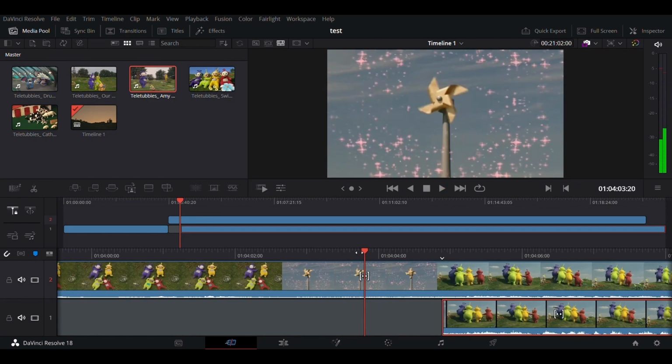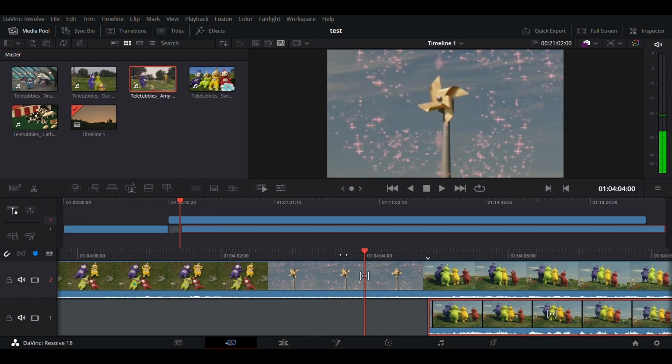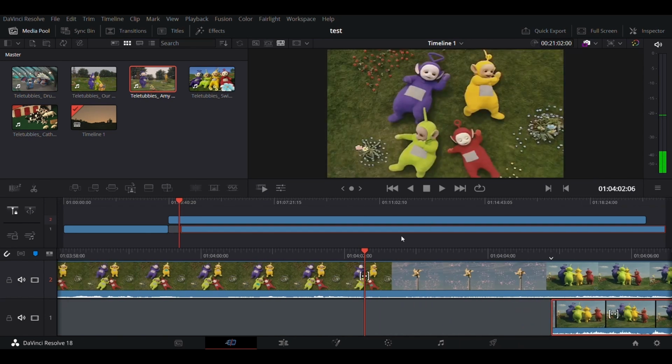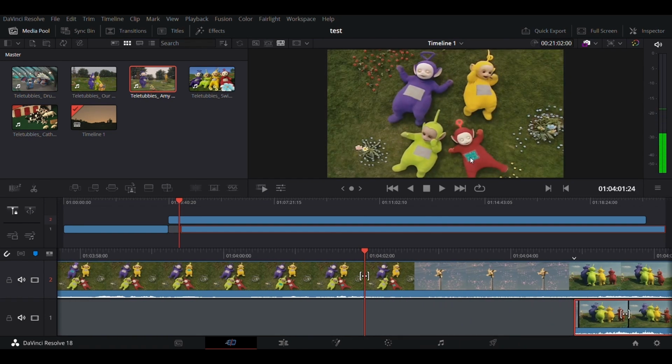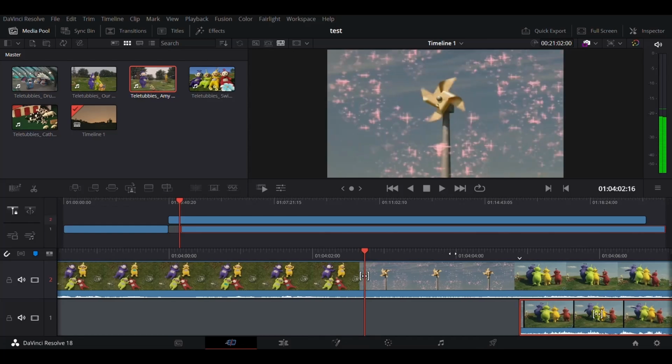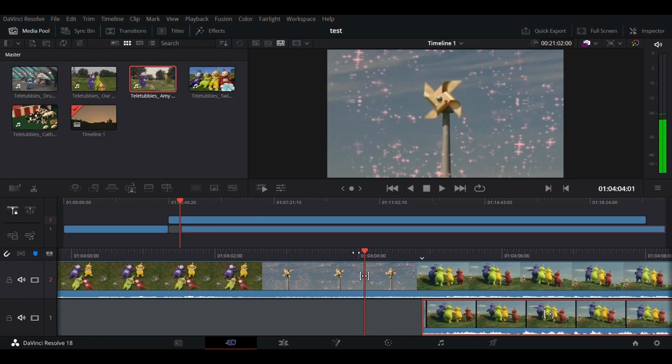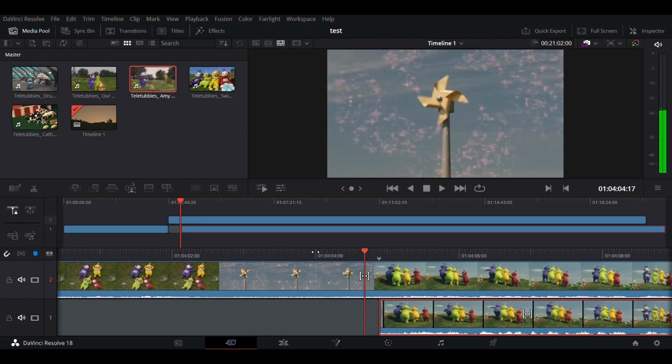So just so that there's a nice flow between the different TV event tunes, I let the starting of the TV event play, where they have a big hug, they fall on the floor, their tummies light up individually like that, another windmill shot, and then what I do, I